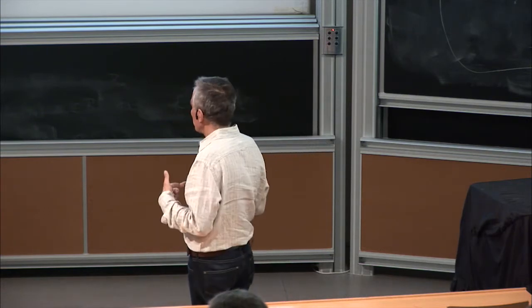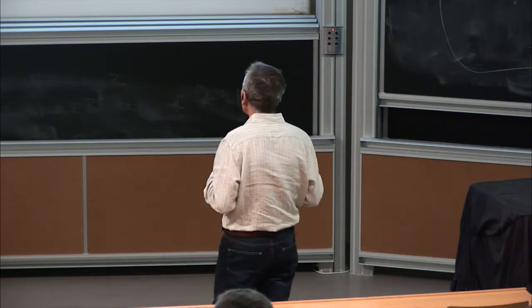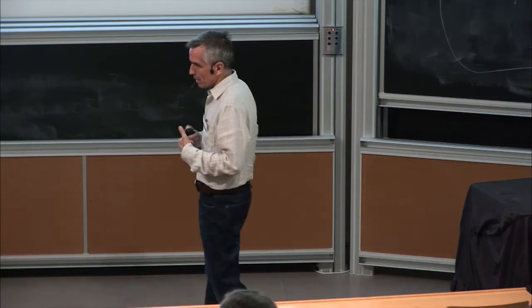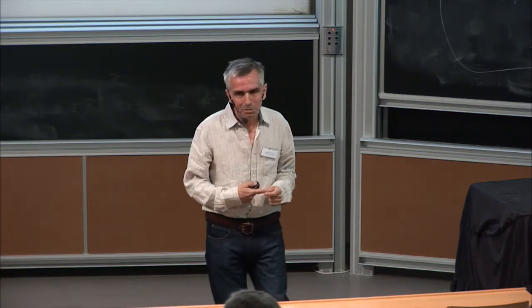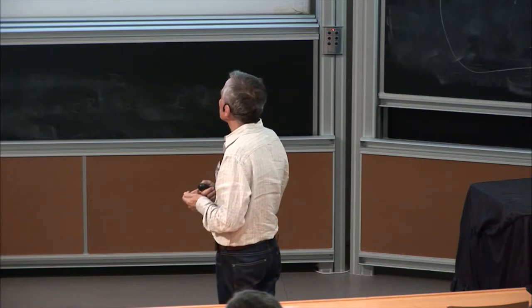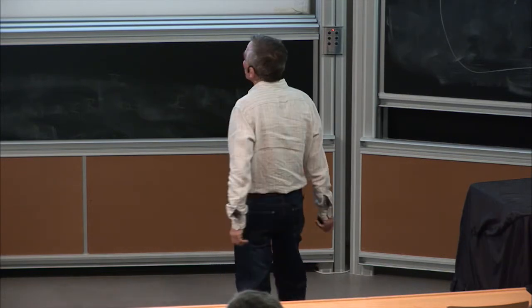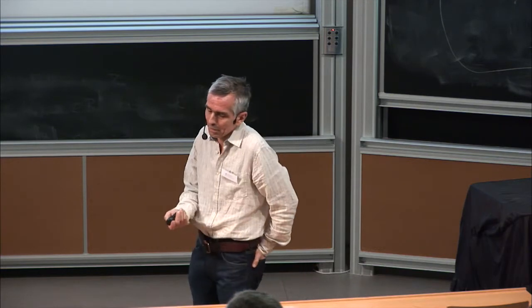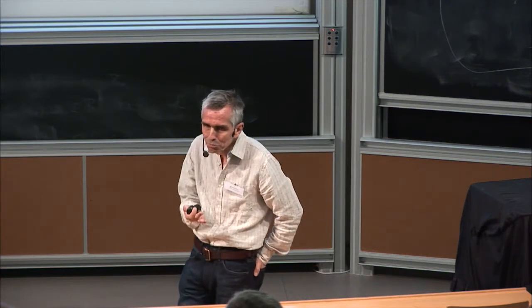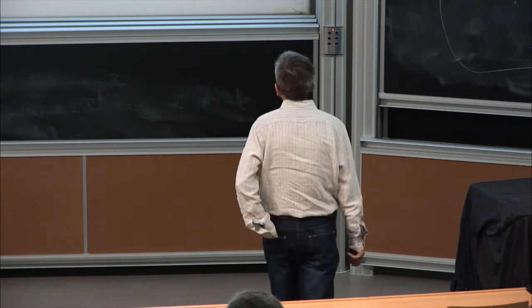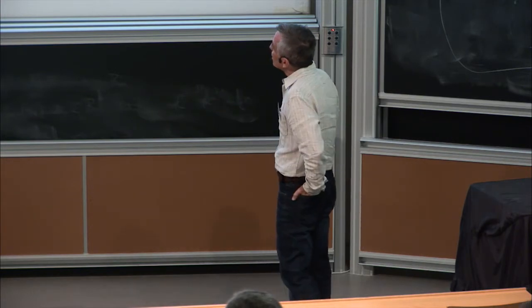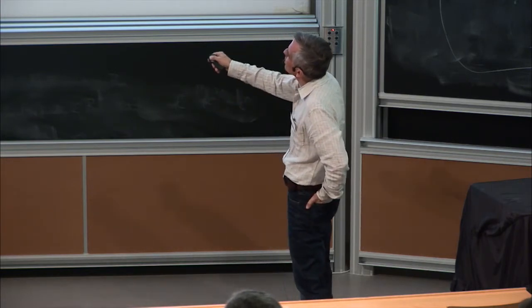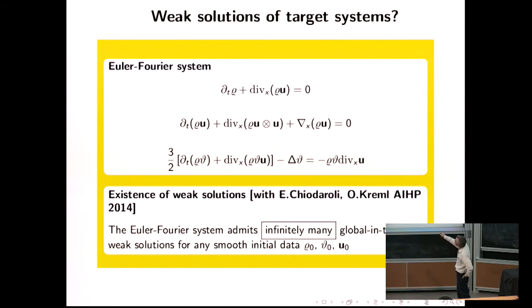Well, you may say that the weak solution may not exist globally in time. However, the situation is not so bad. On the other hand, you will find out that in many situations the weak solutions are not really good candidates, because they become very unstable. In particular, and now we can also see the reason, they cannot be used as test functions in the relative entropy inequality. So let me illustrate it by a short example of what we call the Euler-Fourier system, which, as you